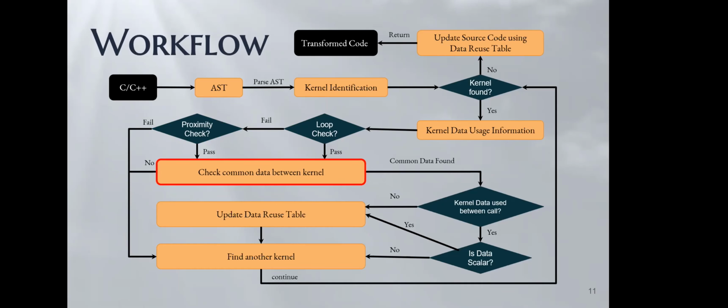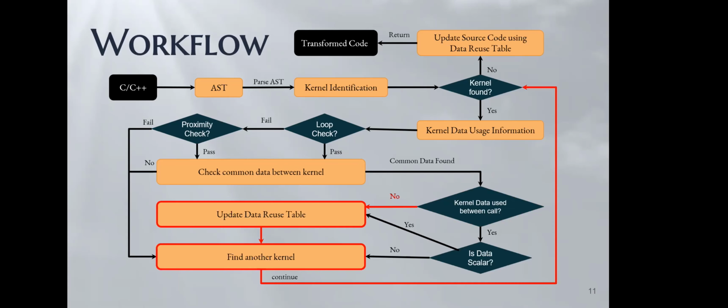live variable analysis. Once we find that there are variables used in multiple kernels, we check if they are used on the host between the calls of these kernels or not. If not, these variables will contain data which can easily be reused between multiple kernels. We update this information in our data reuse table, which is a data structure we are using to identify data reuse. If the data is used